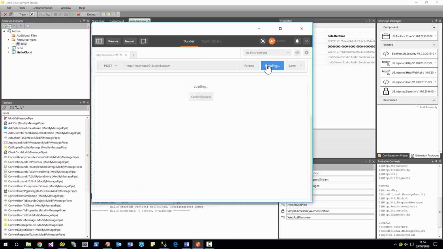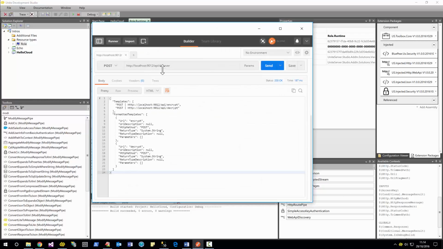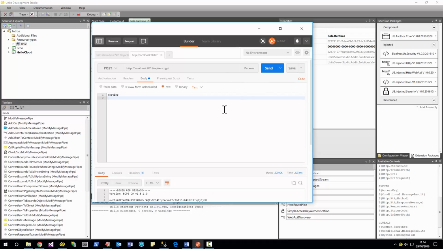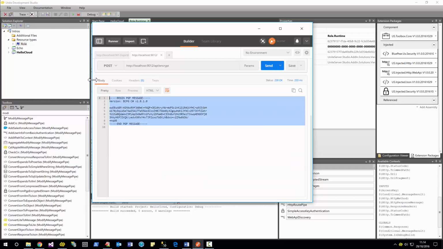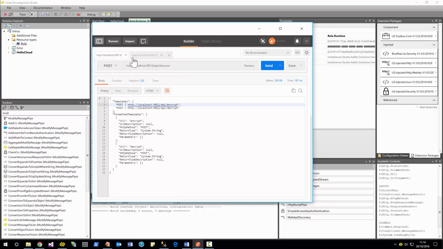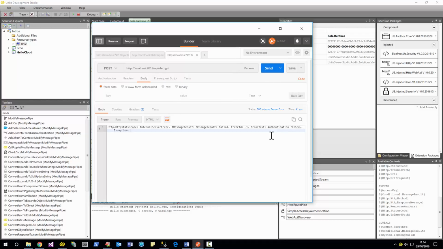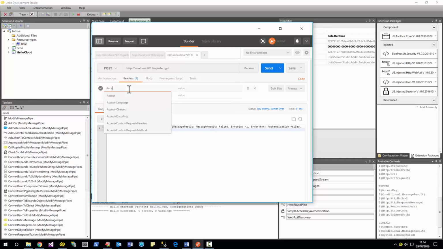Yep, we've got that. So I'm going to quickly call this post body testing. Take that, go to our decrypt. Now I've not added our access key here, so I'm just going to show you it with the authentication not working. So access key JK. If we run it again,